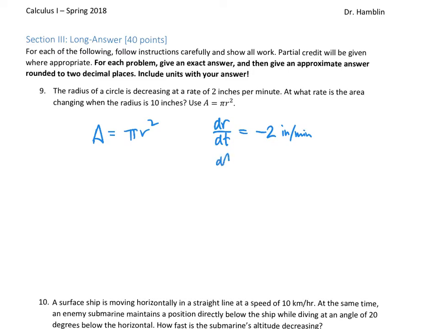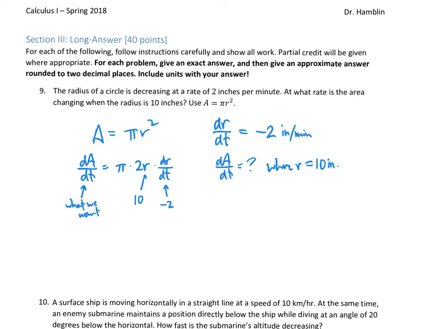And the question is, what's dA/dt when the radius is 10 inches? So we use our related rates, we take the implicit differentiation of both sides. On the left-hand side, the derivative of A is dA/dt. On the right-hand side, pi is a constant multiple, and the derivative of r squared is 2r dr/dt. So now we plug in what we know. We're given that dr/dt is -2, we're given that r is 10, dA/dt is what we want,